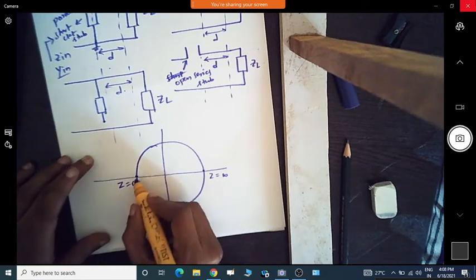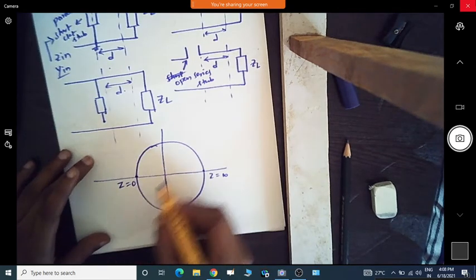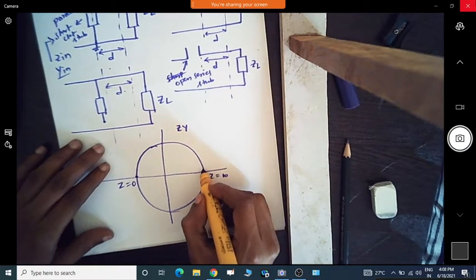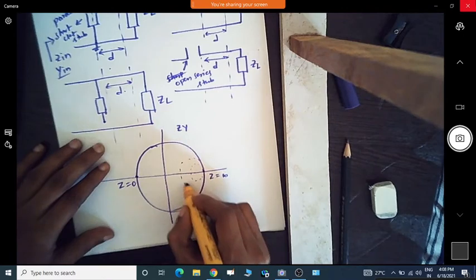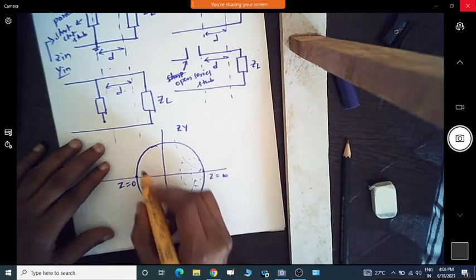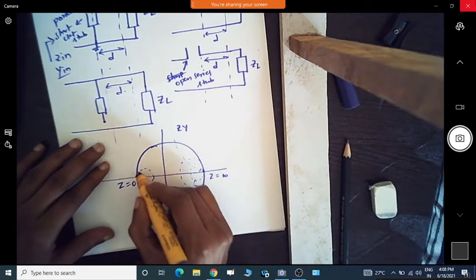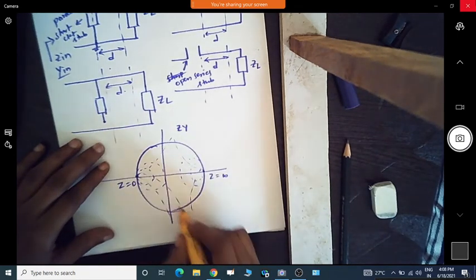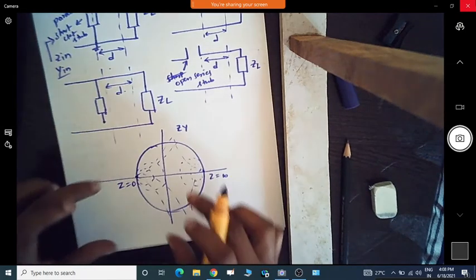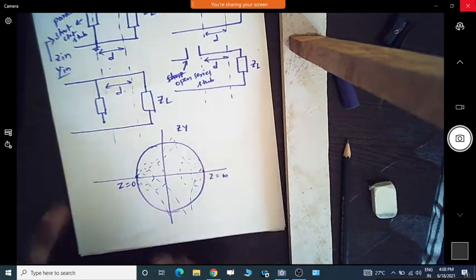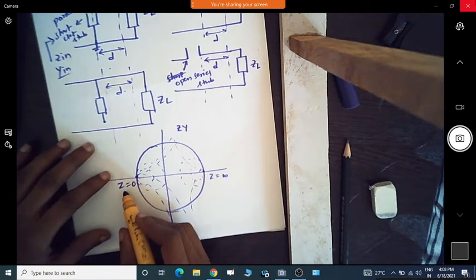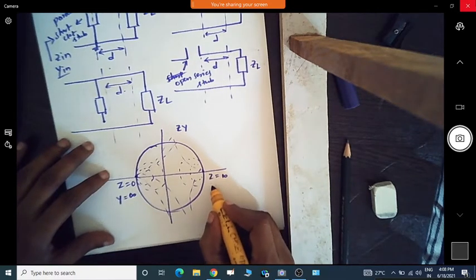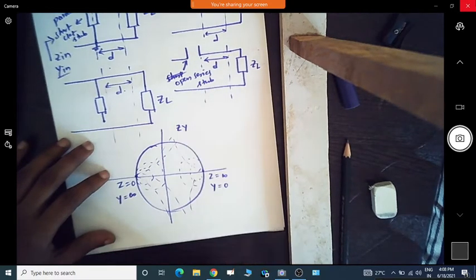Okay. Similarly, the same point if I take the admittance chart. So assume this as a ZY chart, both impedance as well as admittance circles are there. So like this is the resistance circle and this is the reactance circle, and similarly we have the same chart which is having a conductance circle and susceptance circle. Assume like that. So this is a ZY chart. So if I take both the charts, impedance as well as admittance, at this end z equal to 0 or we can have y equal to infinity. Similarly here z equal to infinity or y equal to 0.